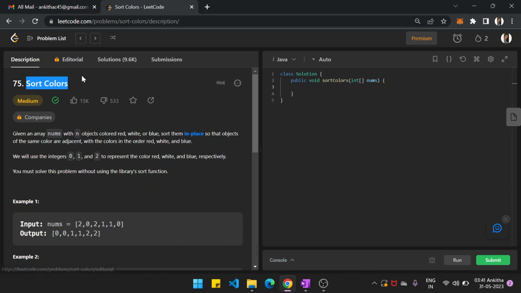Sort colors. So given an array nums with n objects colored red, white or blue, sort them in place so that the objects of the same color are adjacent with the colors in the order red, white and blue. So we will use the integers 0, 1 and 2 to represent the color red, white and blue respectively. So they have given an array